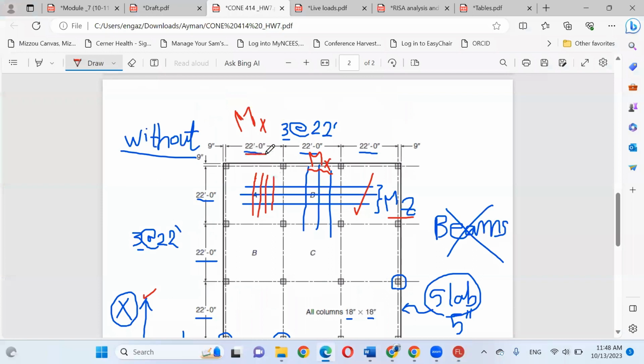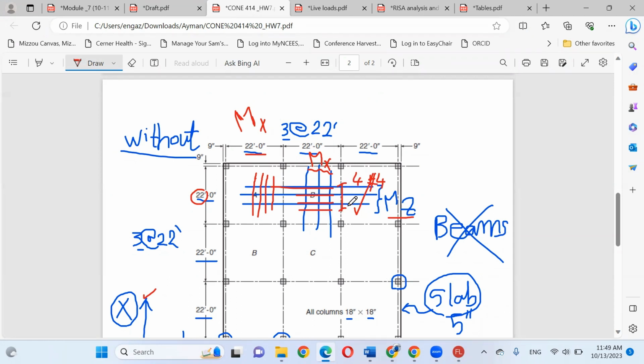Symmetric means this dimension is like this dimension, so the reinforcement is symmetric. So in this direction also, I need to distribute 4 rebars, number 4, every 1 feet.